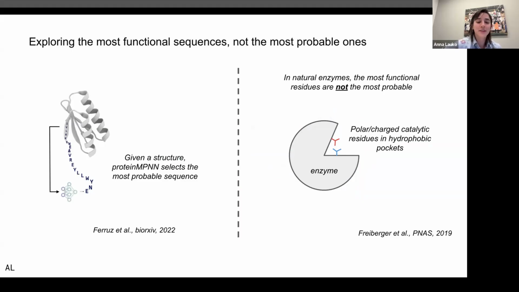And this is in the way that we're designing these proteins. So we're using ligand MPNN or protein MPNN to design a sequence given a structure. And so protein MPNN is really giving the most probable sequence, the best amino acid at every position for that structure. But we kind of know that in natural enzymes, this most probable residue is usually not the most